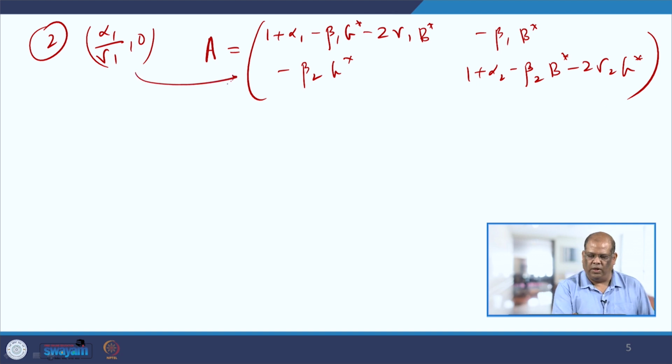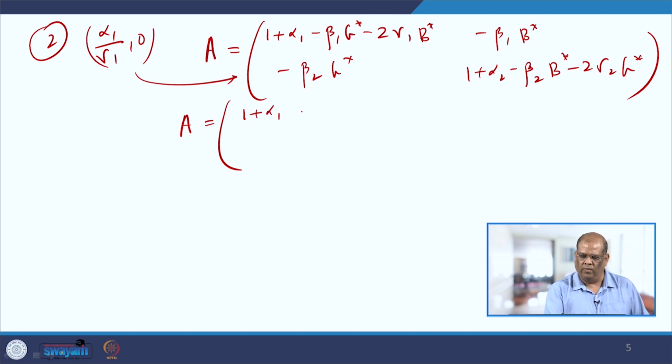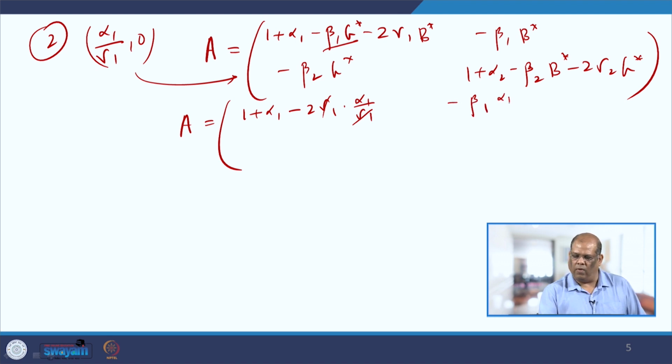So, you substitute this value here, and g star is 0. So, 1 plus alpha 1, this vanishes, minus 2 gamma 1, and b star is alpha 1 by gamma 1. This is minus beta 1 alpha 1 by gamma 1. This value is 0. This is 1 plus alpha 2